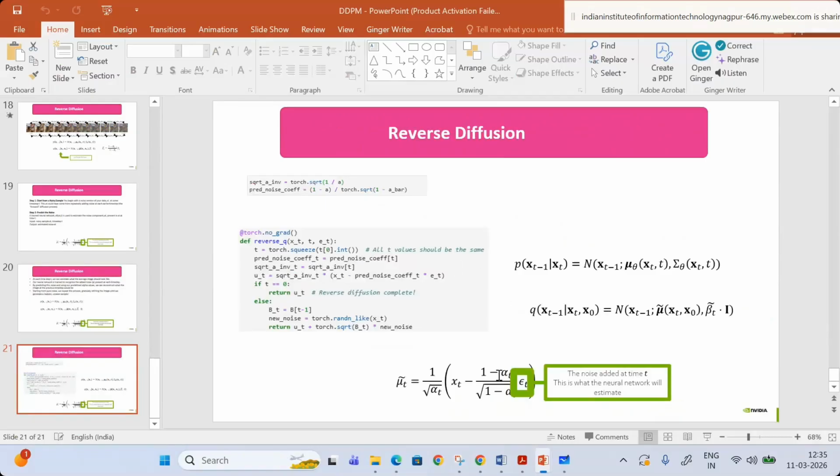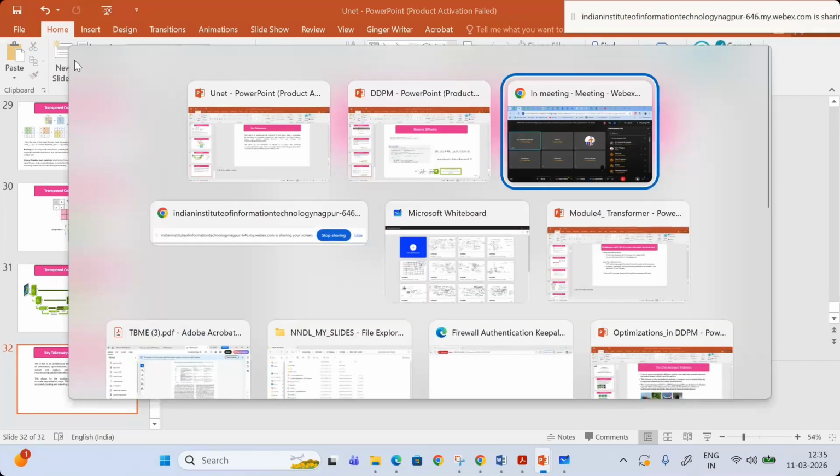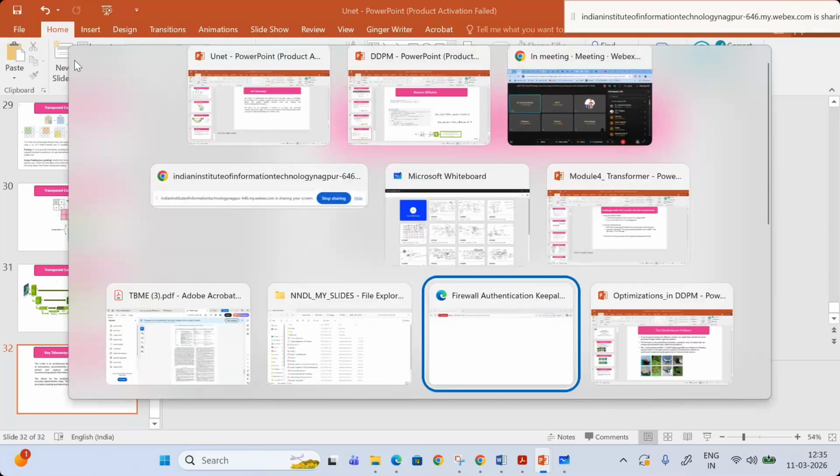Now I will quickly take you through the optimization of this diffusion, because there is a problem. In the basic DDPM architecture that was developed, with convolution, up convolution blocks, and adding noise step by step, there is a checkerboard problem. So what is that checkerboard problem and how can we avoid it? That is what is called optimization of your DDPM architecture.